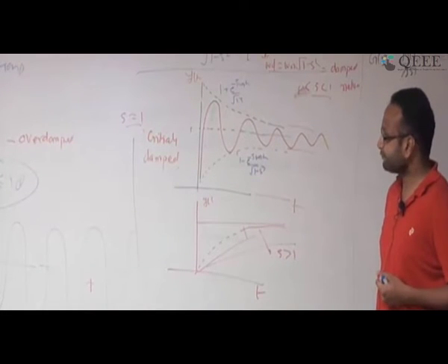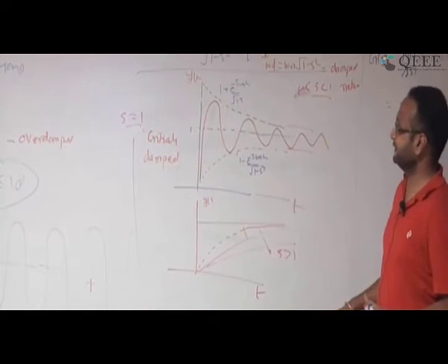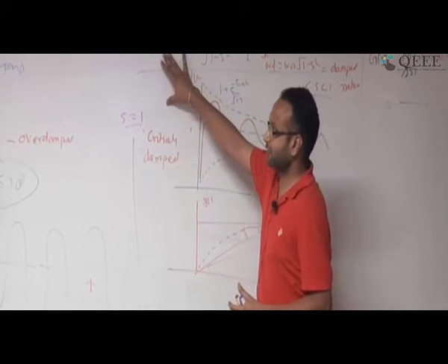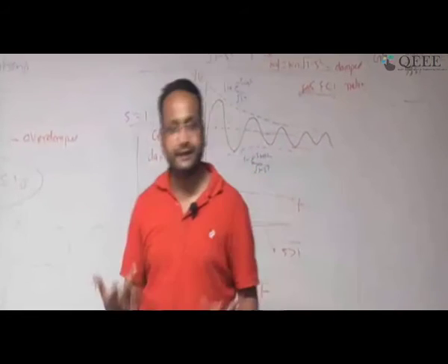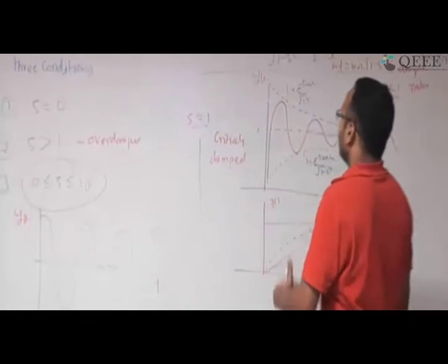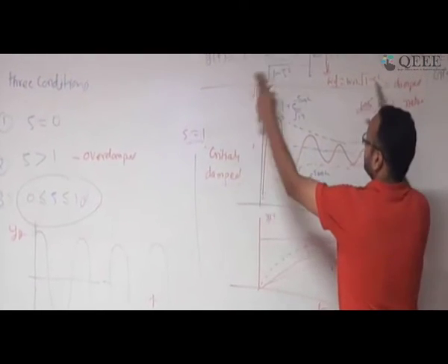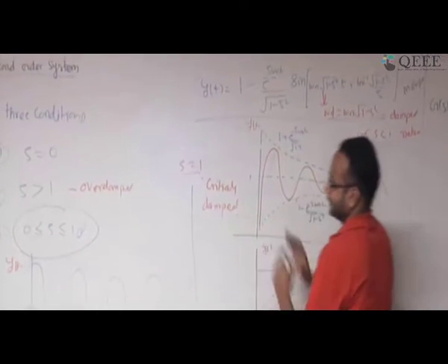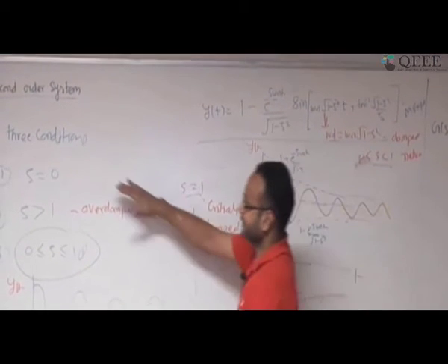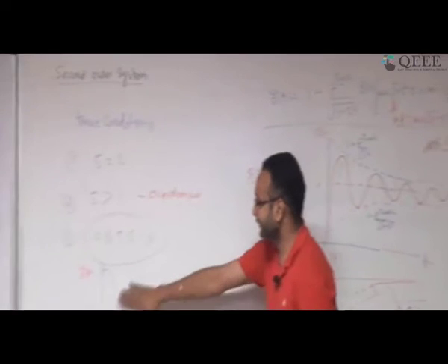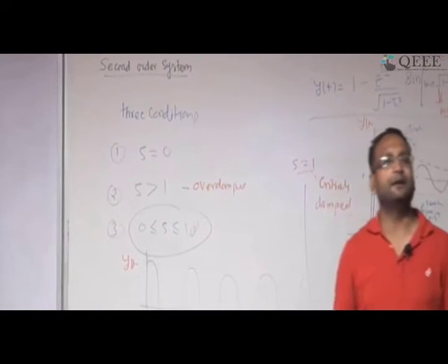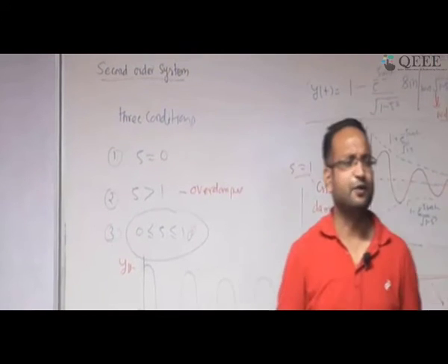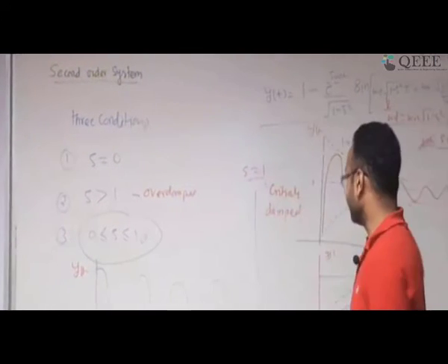Okay. Fine. So now I want to summarize it. This is the response of a second order system. It's a typical second order system. It could be a mechanical system, it could be an electrical system, and I want to see how it looks. So there are some variables and I am plotting it. Okay. So first case I took it, zeta equal to 0. It means it is going to be oscillatory, and as I mentioned, it is not desirable in any control system or any system that your output is oscillating. Correct.